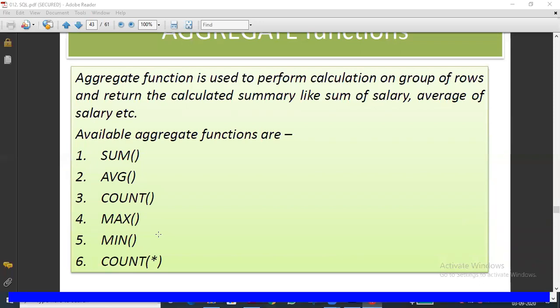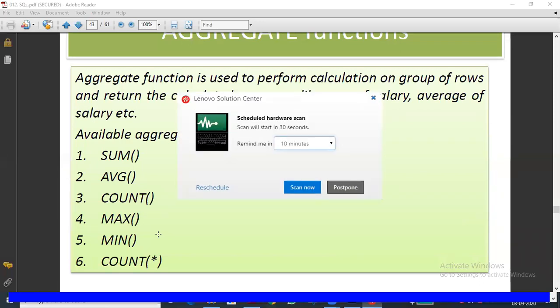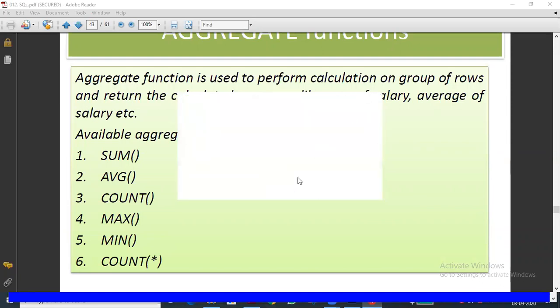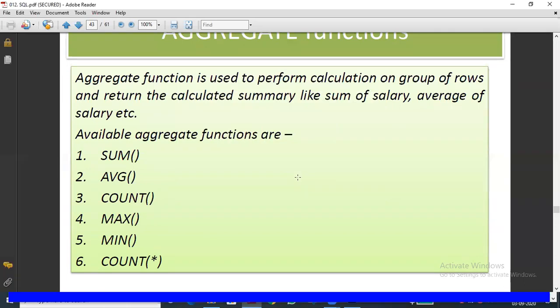Sum means adding all the values. For example, in a company, they want to know how much salary they are paying per month to their employees. If they are maintaining the database, it is very easy to find monthly how much amount they are spending for the salary purpose alone, or how much they are spending for the maintenance purpose, because building maintenance and everything is there. Likewise we can easily sum up all the values given in a particular field. Field means I'm saying column.